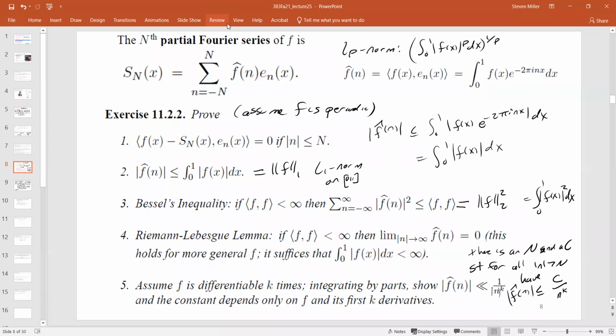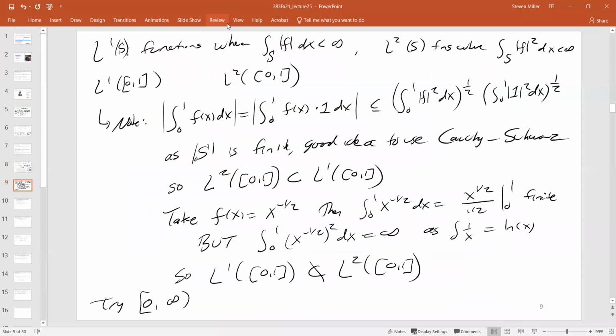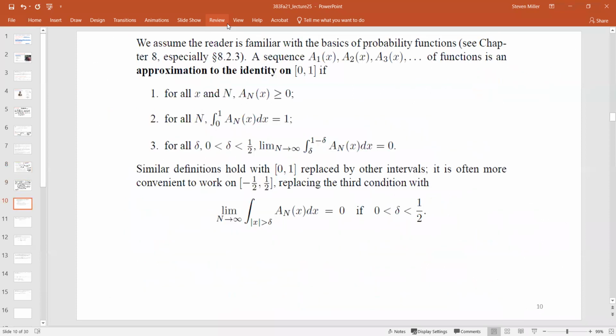So the next thing is, how many of you have ever seen an approximation to the identity? That's just what the subject is called, approximations to the identity. How many of you have seen the delta function, which is really the delta functional? In physics, they often play with this fast and loose. This is the rigorous way to define it. So I'm going to assume that you're familiar with the basics of probability, and an approximation to the identity is